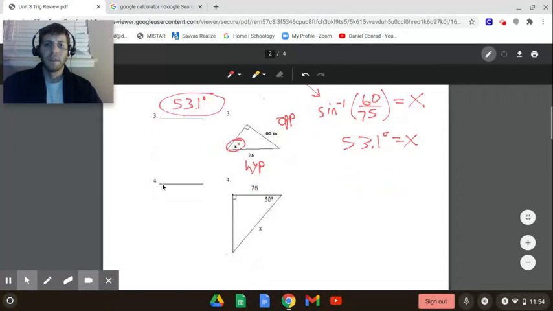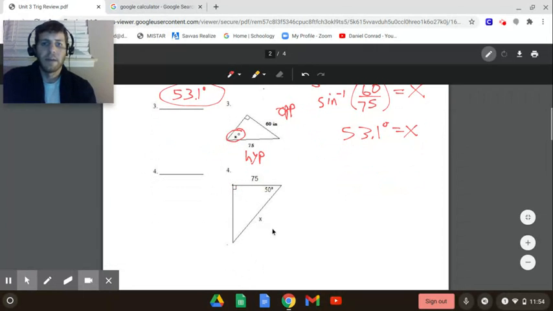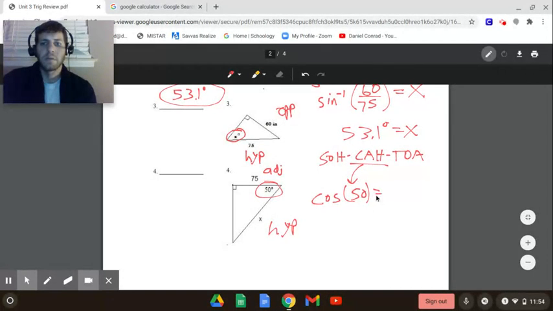Okay. And number 4 here. Again, hypotenuse is across from the right angle, your longest side. Okay, we circle the angle in question. 75 is next to, so that's going to be adjacent. So if we again have SOHCAHTOA here, right, we're going to use cosine. We have adjacent and hypotenuse. Okay, so we're going to use cosine regular because we're solving for a side. So cosine of the angle measure equals the ratio, adjacent over hypotenuse, so 75